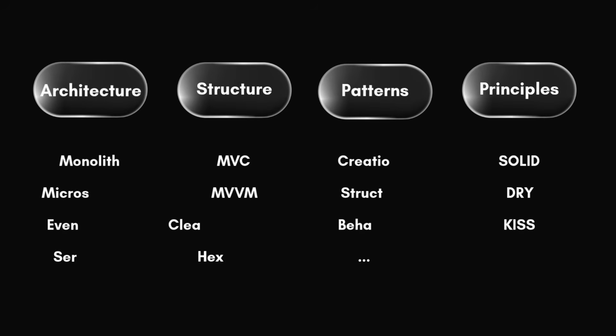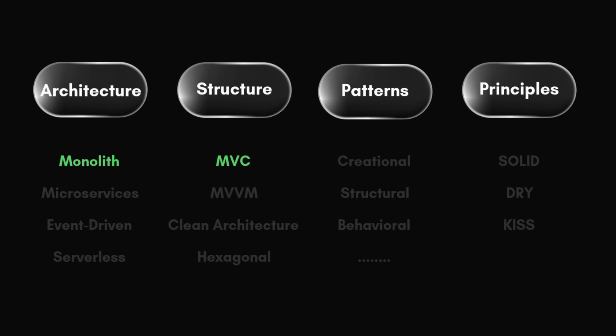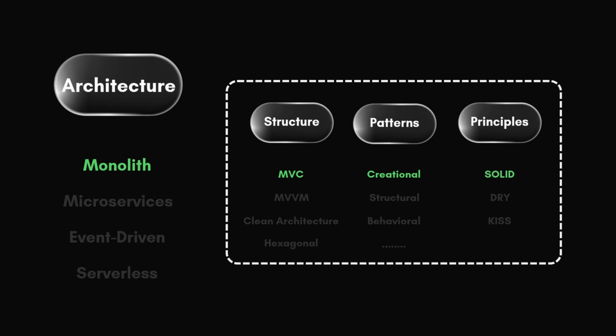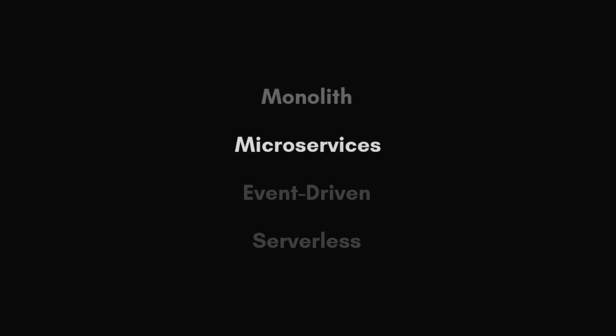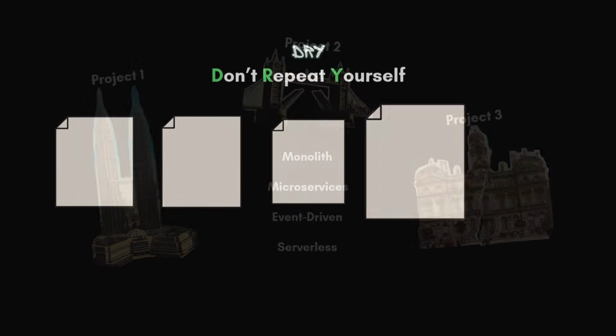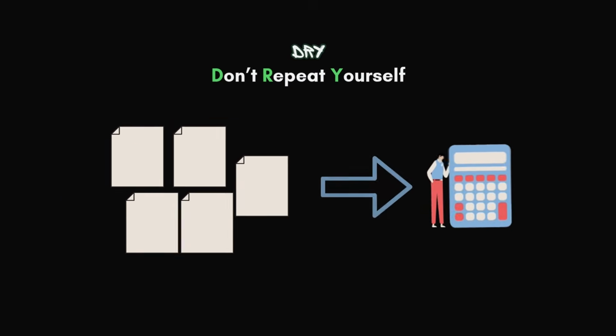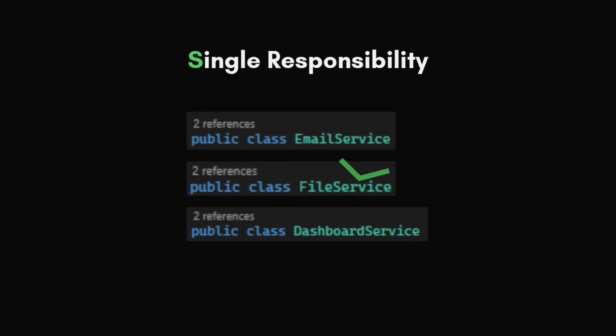Once you see the full picture, every future topic suddenly connects together. We are not choosing Monolith over MVC or over design patterns. MVC, design patterns, and principles work inside a monolith or microservices architecture. And every architecture comes with its own pros and cons. We simply choose the one that best fits our project needs, while still following good engineering practices, so that as the project grows, it remains easier to maintain, migrate, and scale later.